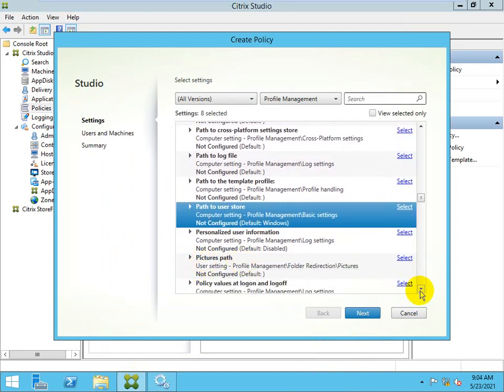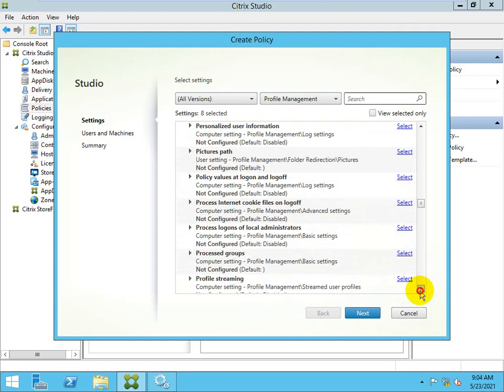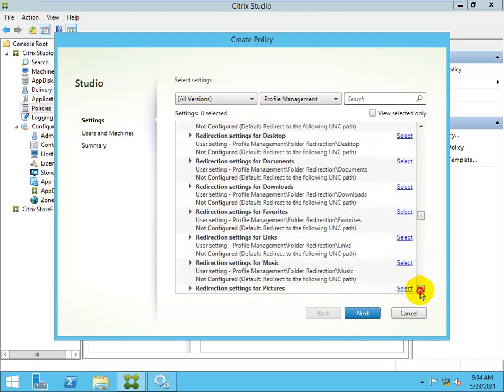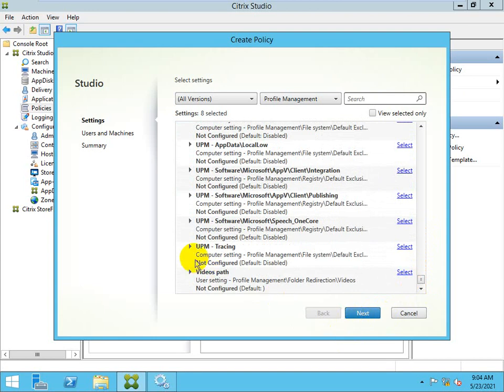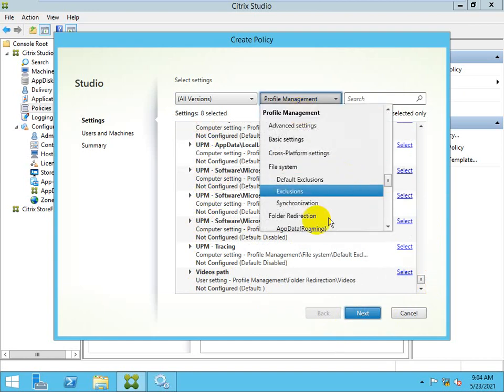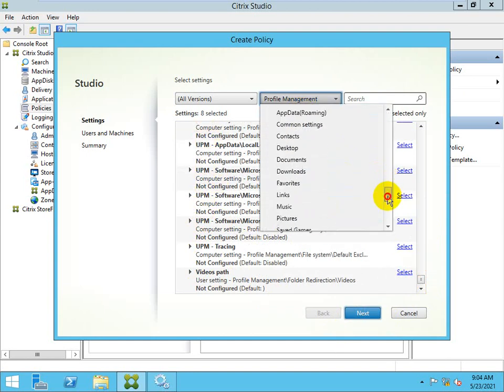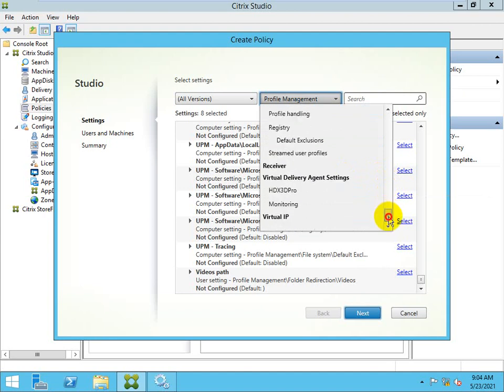This is for the picture path. So all these policies, I will tell you later once I create them, but right now: UPM, user profile management, tracing, video path, UPM software. These are the user profile management settings. Apart from that, a lot of policies are showing in 7.x which were not in the 6.5 version.